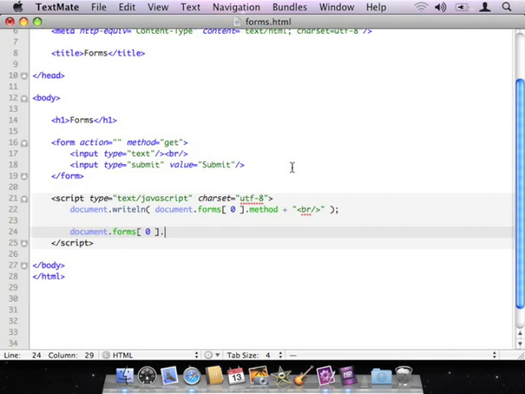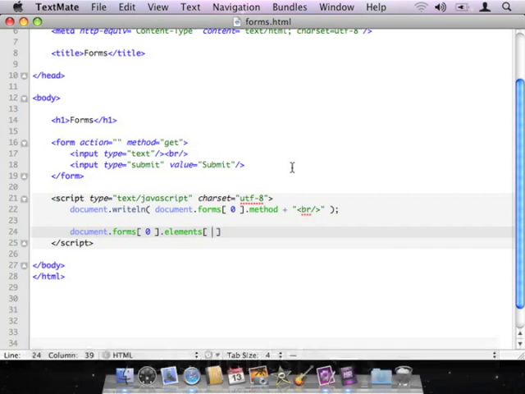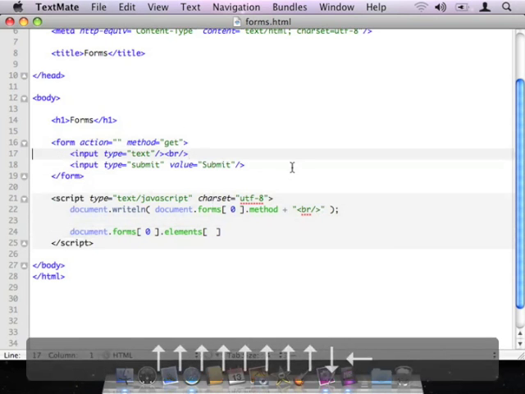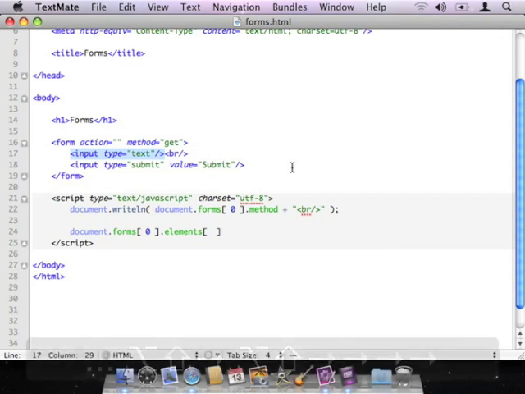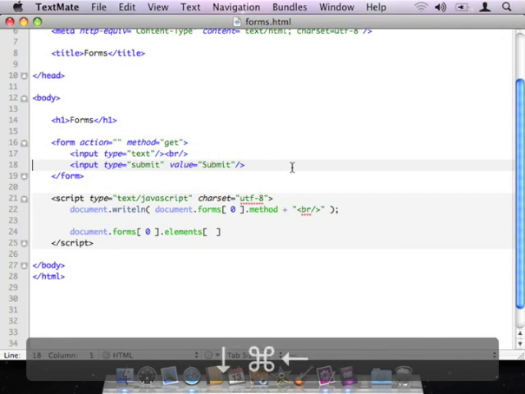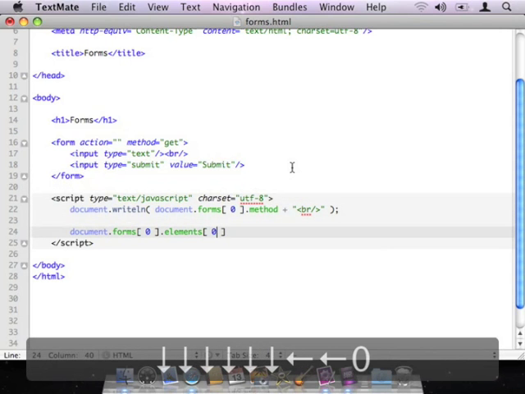The elements array is again an array, and it works sort of like the forms array, where the elements array will contain each one of the separate form controls that are actually put into the form. We can access them in the order that they are written. So inside this form, the very first form control is this text field, so that will be elements[0]. The second and last form control that's a part of this form is my submit button, so that will be elements[1]. So if I come down here and I say go to elements[0] in forms[0], I could say assign it a value of